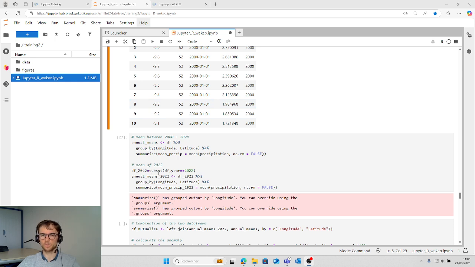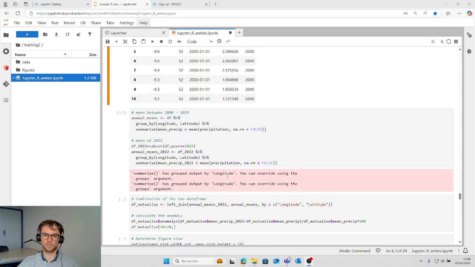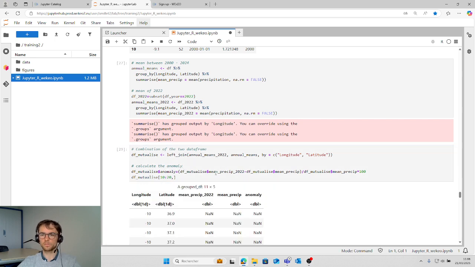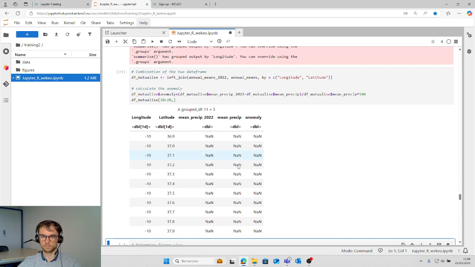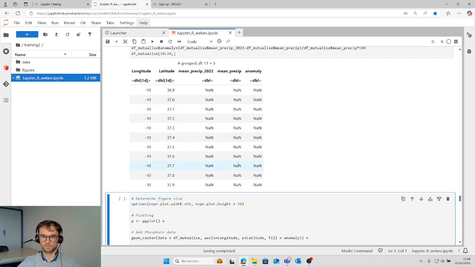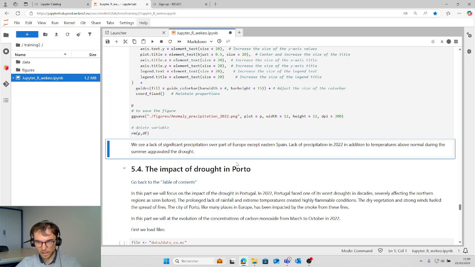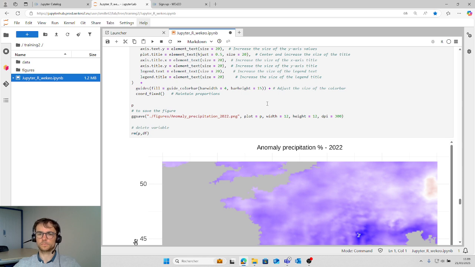So we do a mean of the 12 values of 2022. Then we combine the two data frames and we calculate the anomaly. And then we plot the annual anomaly of precipitation.